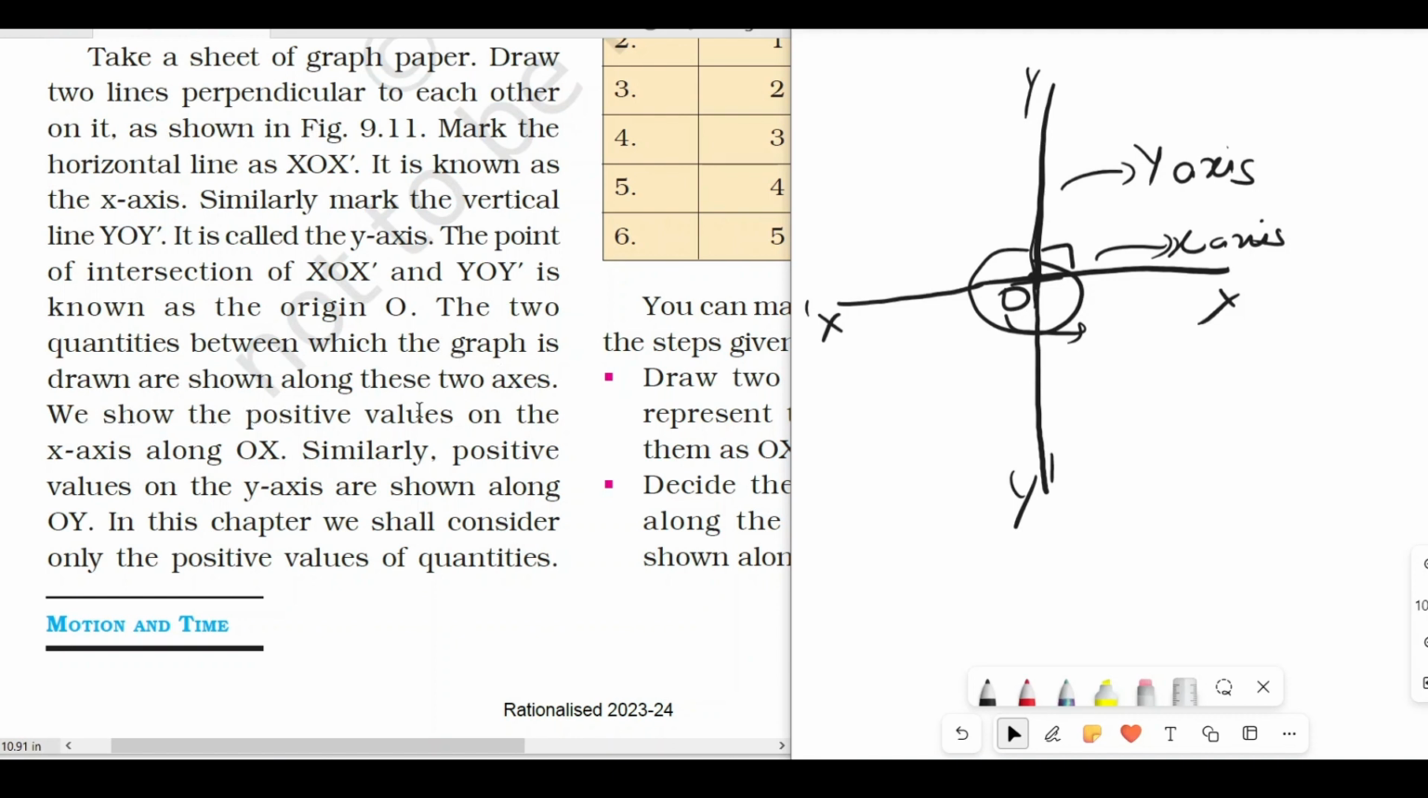We show the positive values on the x-axis along OX. Similarly, the positive values on the y-axis are shown along the OY. तो इसमें there are two things to consider कि हमें जिस भी quantities के बीच में ग्राफ बनाना रहता है, उन दो quantities को हम x और y पे represent करते हैं. Okay, and the second thing is that जो positive values रहती हैं उनको हम OX इस एरिया में रखते हैं,